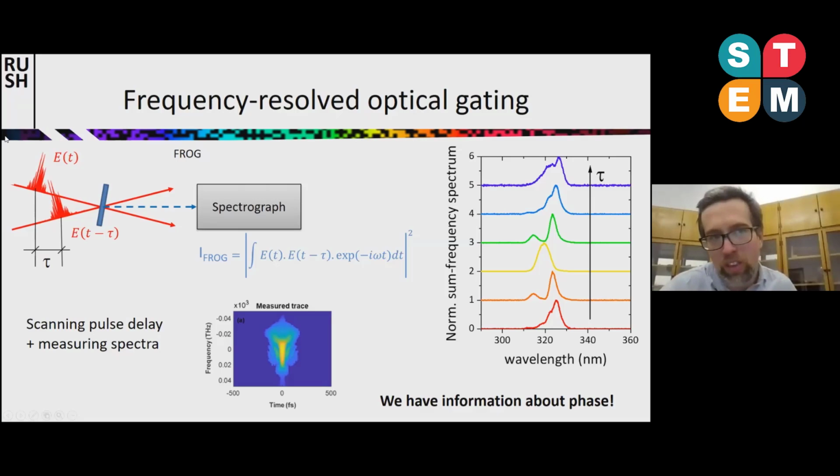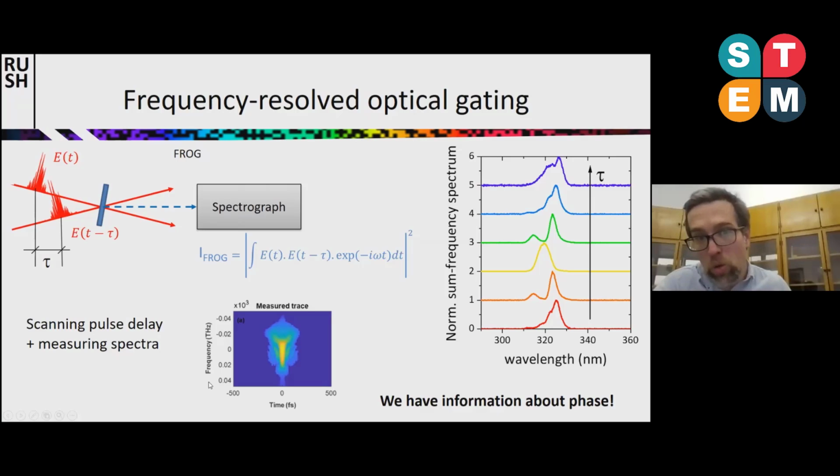You see it basically looks the same as the previous method. So you have, again, two replicas of the same pulse, and you adjust the delay between them. Again, you induce some frequency generation. But now, instead of measuring the intensity, you measure the spectrum.